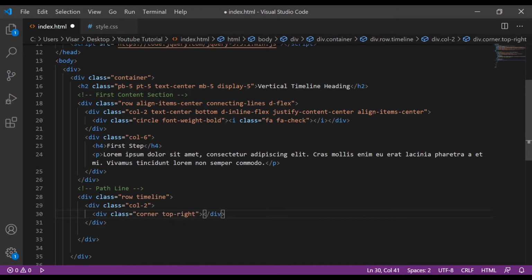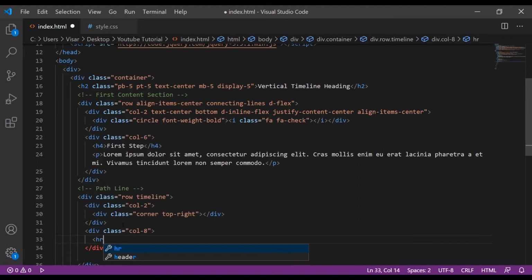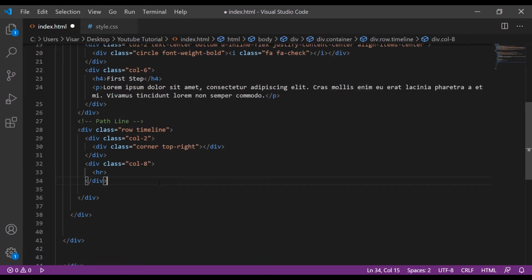Okay, next is another div with a class of col-8. Here we're going to put an HR, so a horizontal line. Maybe we don't need this.